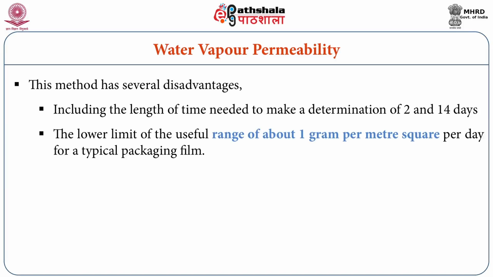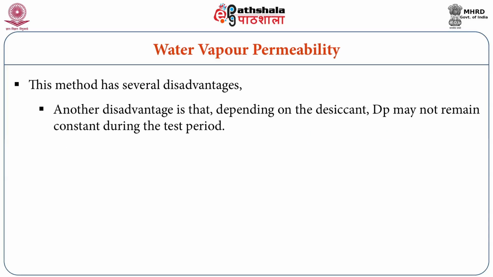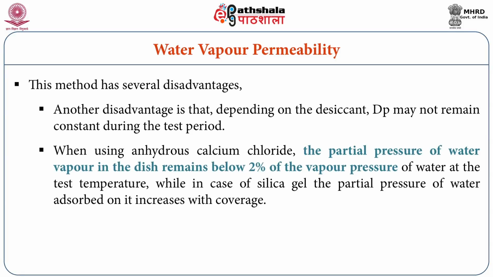and the lower limit of the useful range of about 1 gram per meter square per day for a typical packaging film. Another disadvantage is that, depending on the desiccant, dP may not remain constant during the test period. When using anhydrous calcium chloride, the partial pressure of water vapor in the dish remains below 2% of the vapor pressure of water at test temperature, while in the case of silica gel, the partial pressure of water absorbed on it